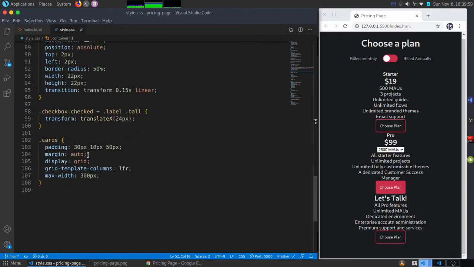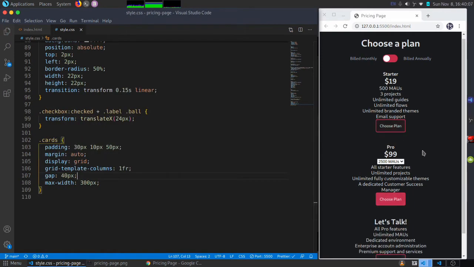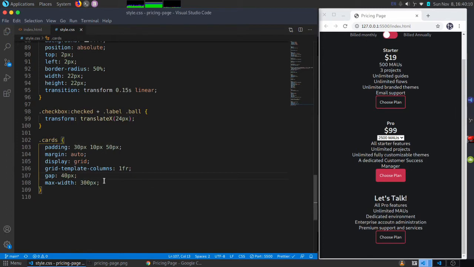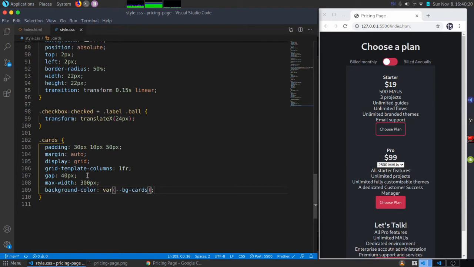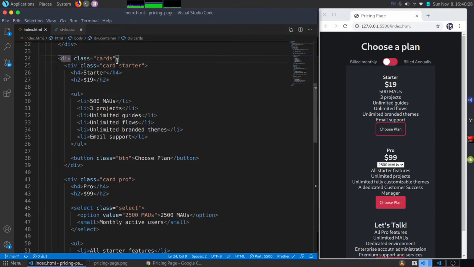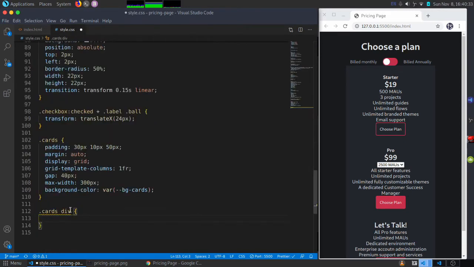Let's also add a grid gap here of about 40 pixels to separate these. Very nice. And then let's add a background color of BG cards. Okay, so let's style the individual divs inside the cards class. Now, there's a class called card, so instead of calling div, let's just say card, and we'll say